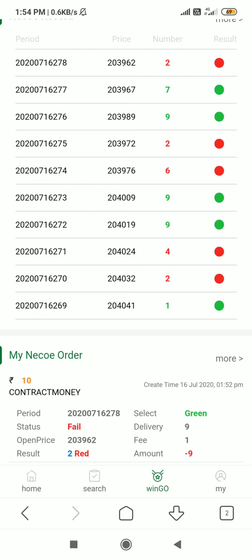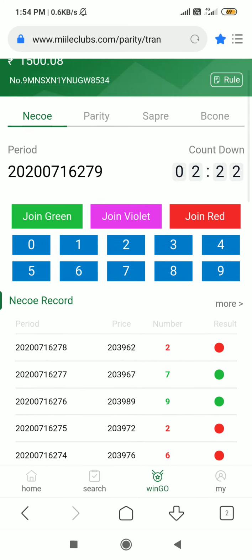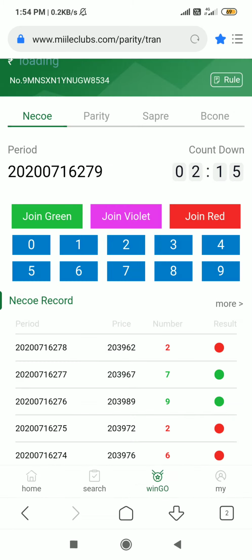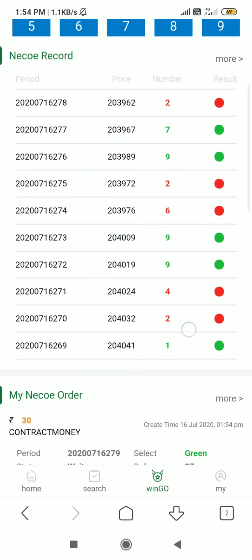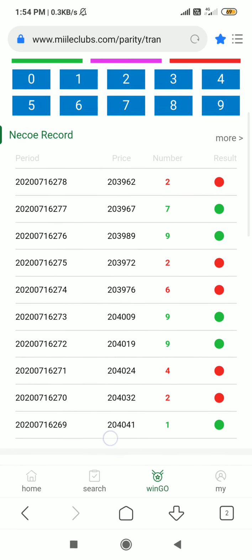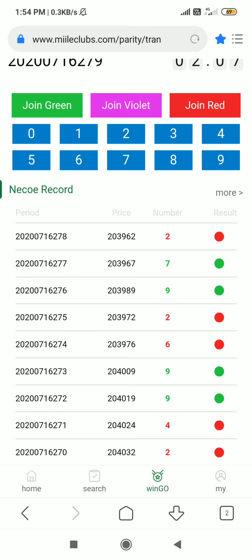You have to go on green again. So now this time you go 10 rupees doubling, so it is 30 rupees. Fail. Now you have to proceed going with green, only green. Okay,